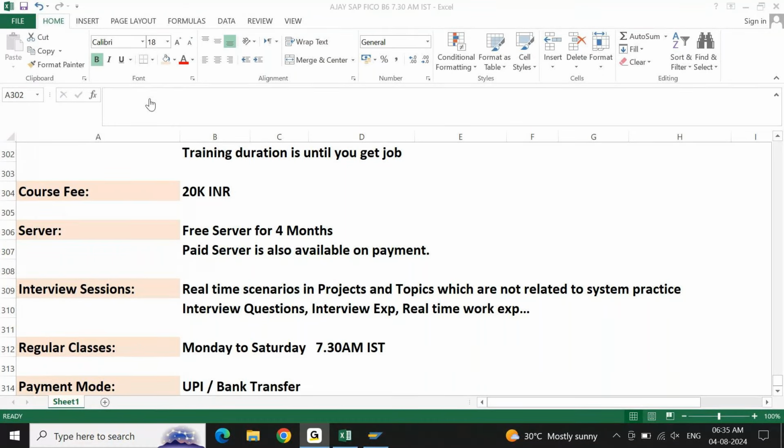Is the 20K course fee a single payment, or can we pay two times? You can pay two times also. If you pay two times, initially you'll have to pay 10,000. After 1 month, you'll have to pay the balance amount. But in case you make the single payment of 20,000 in one payment,